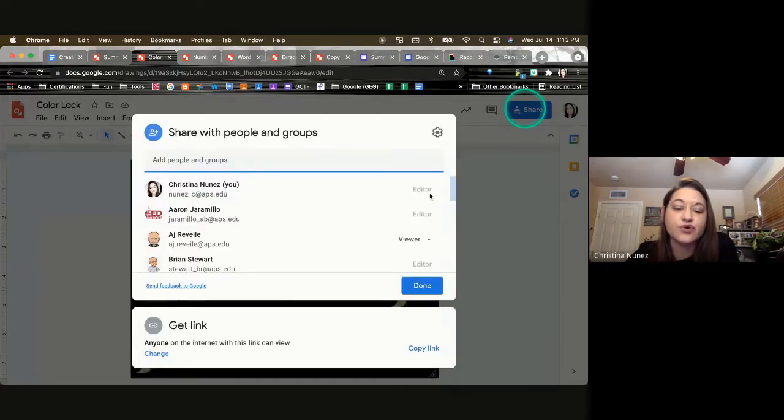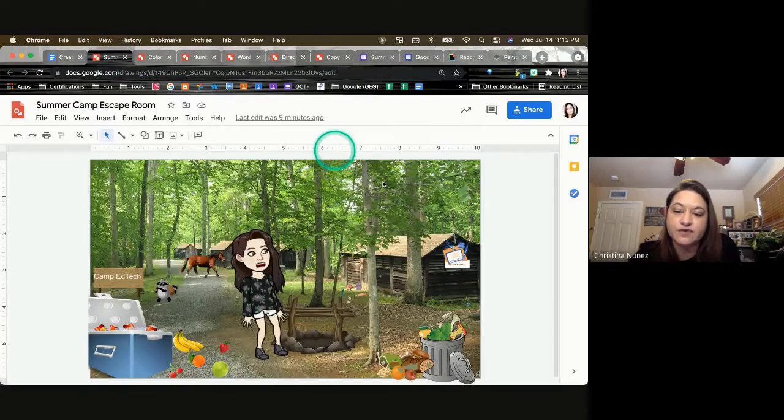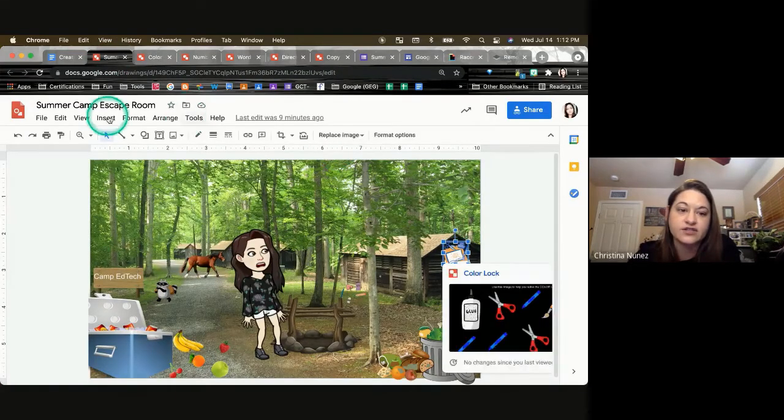And I don't have to go through every single time and change. Anyone can view, because if you didn't put them in that folder, I'd have to go to change. Anyone can view every single time I do this, right? But since I put it in the folder, it's automatically going to pick this up, and now all I have to do is go boom, copy link, and I can go back to my image, and I'm going to go here to the arts and crafts room for my color lock and go to insert,